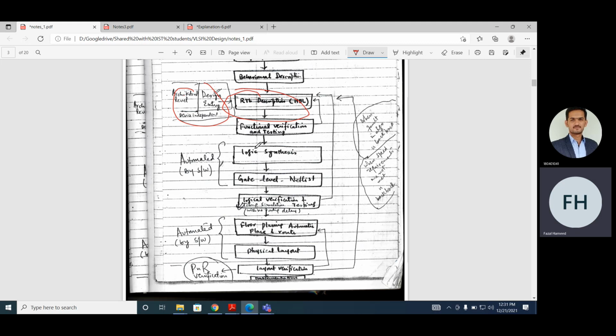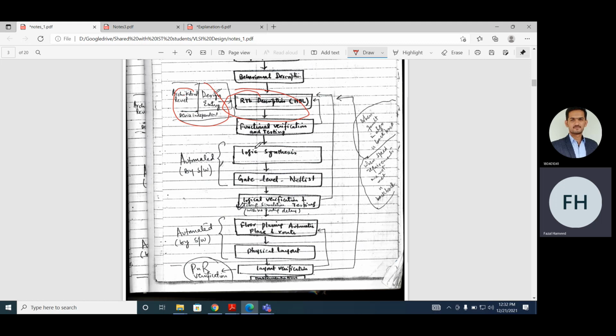How can you provide it? You provide a test bench. Let's assume you have designed some circuit. Let's assume it's an AND gate. The AND gate has two inputs A and B. The output is C. So how do you do the functional verification? You apply different inputs A, B. You apply 0, 0, then you apply 0, 1, then 1, 0, and then 1, 1, and then you check the output whether the output is correct or incorrect.